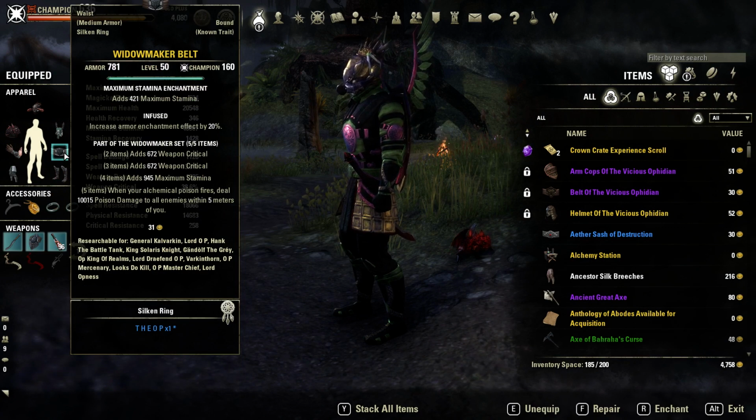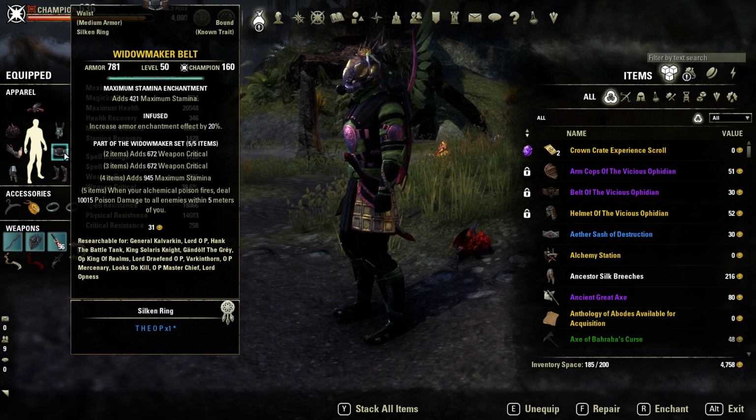Second set, Widowmaker, the set that everybody hates in PvP. But I can tell you, when it bursts, everybody knows it hurts really, really bad. Especially those dirty little Nightblades sneaking around, one-shotting you. It's one of those sets that if you have it, you love it. And if you don't have it, you absolutely hate it. It's terrible to play against. But,